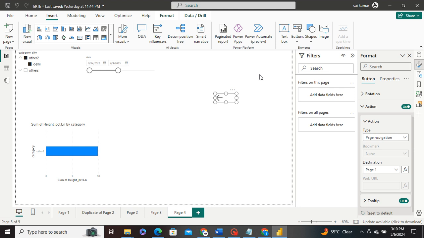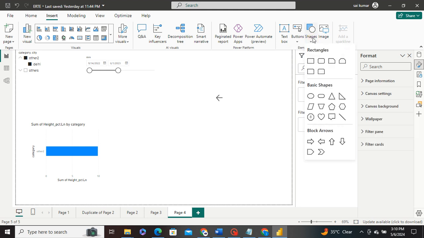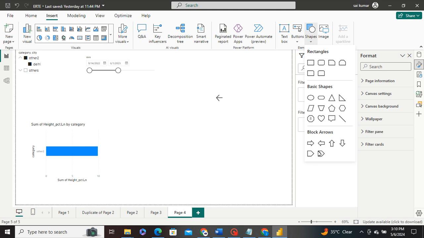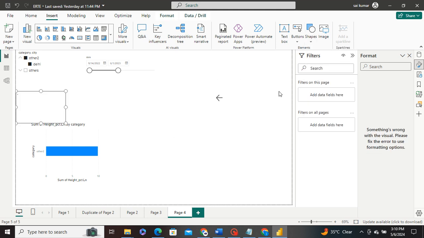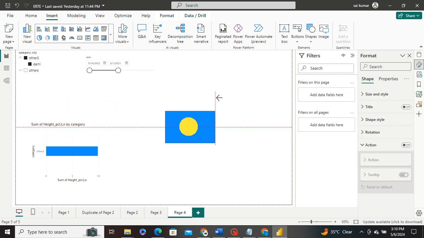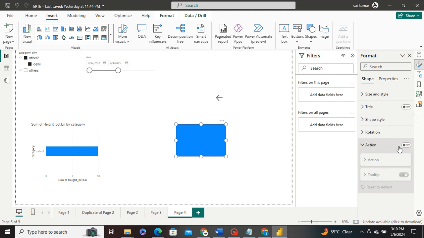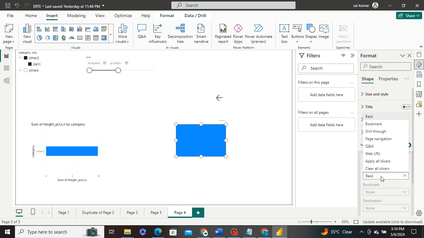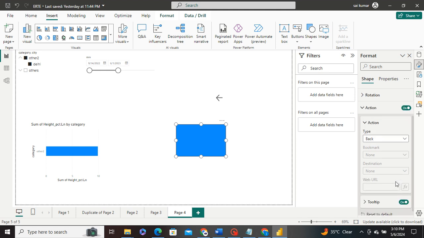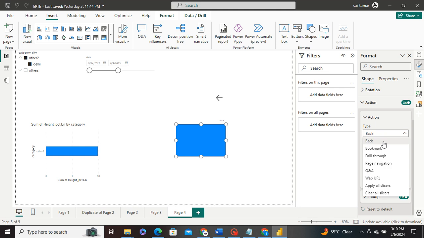Shapes. Shapes are graphical elements that you can use to enhance the visual layout and design of your Power BI reports. They include basic shapes like rectangles, circles, arrows, and lines, as well as more complex shapes that you can create using drawing tools. Shapes can be used for annotation, emphasis, or decorative purposes within your reports. You can customize the appearance of shapes by adjusting properties such as color, size, border style, and transparency. Then next,